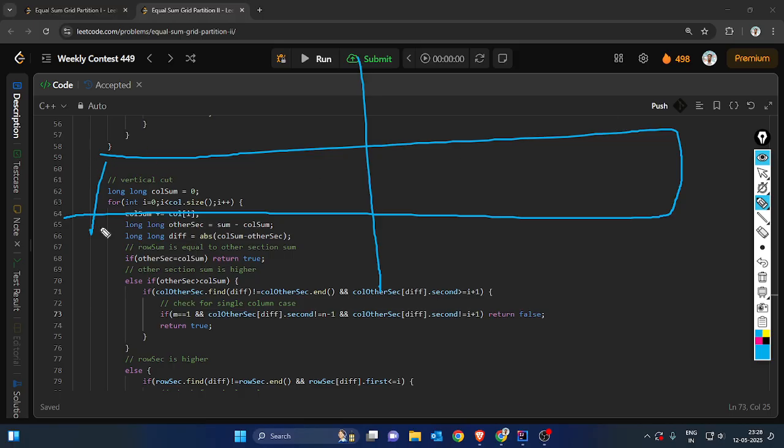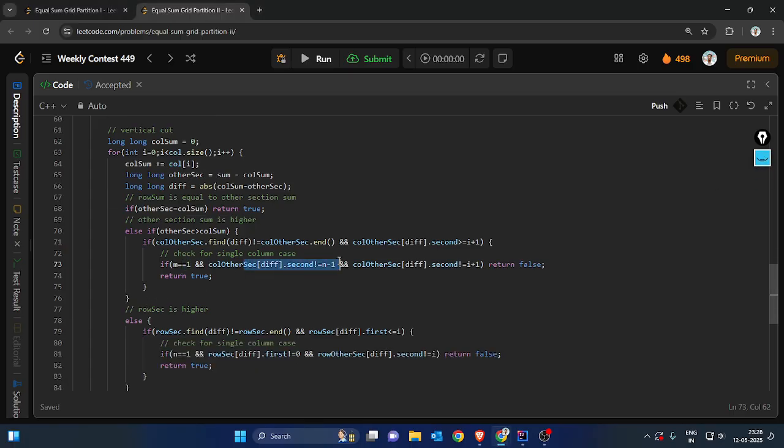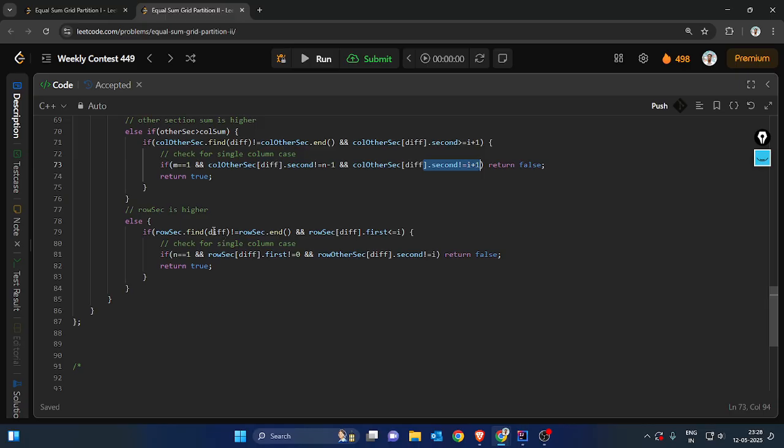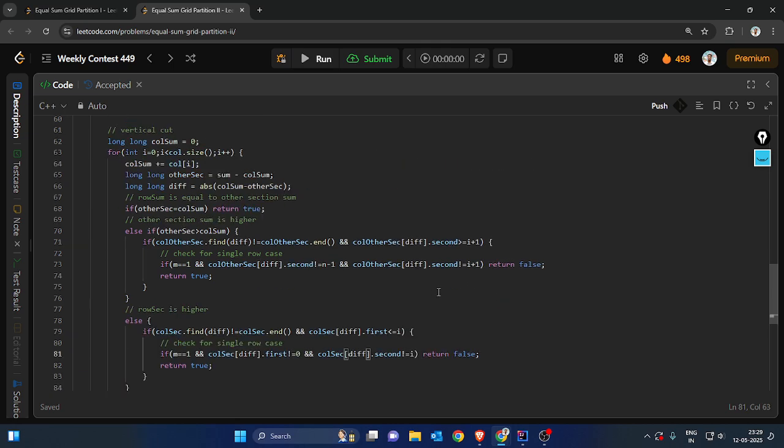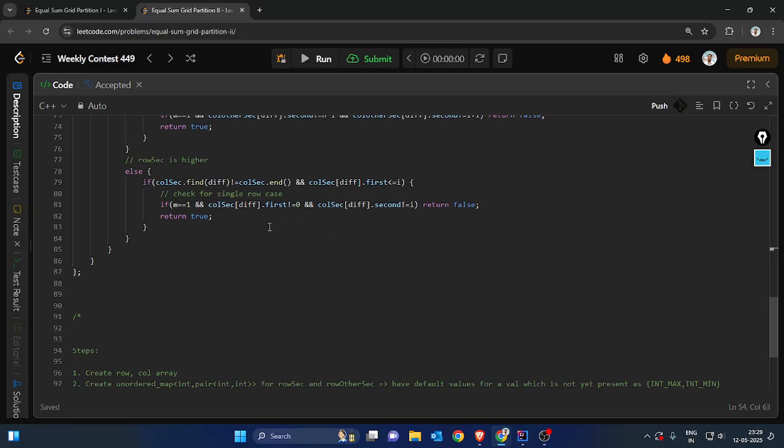So we're checking if it is a single row, that means m is equal to 1. So if m is equal to 1 and then if it is not equal to n minus 1 and I plus 1, similarly here it will be column section. This will be column section. The things are exactly the same. This is row case. This is row case. This is all good. Actually, this is not good. This is column section, column section, column section, column section. This is also row section, right? Yeah, so I think we are good,